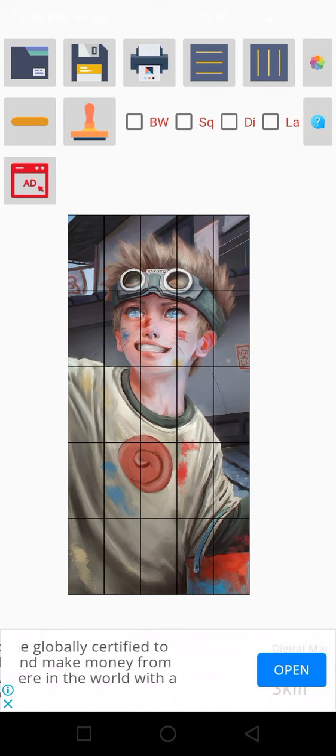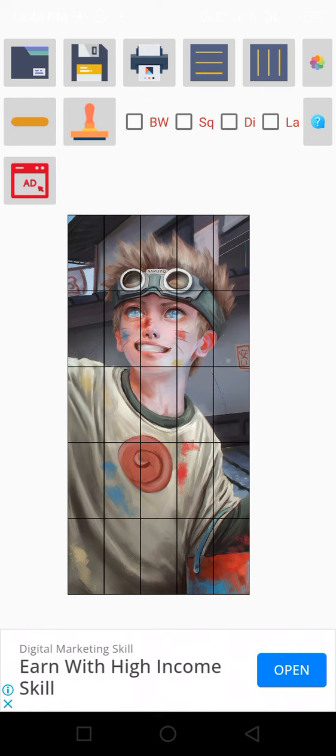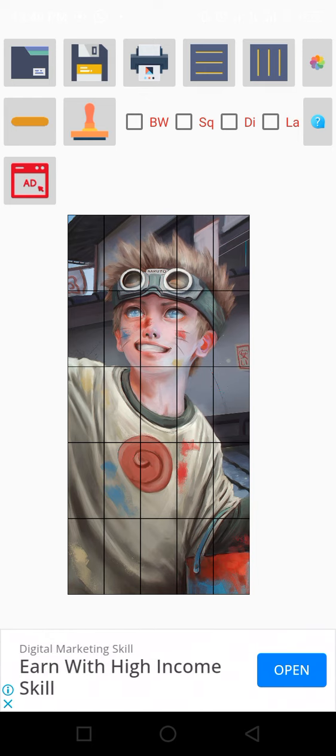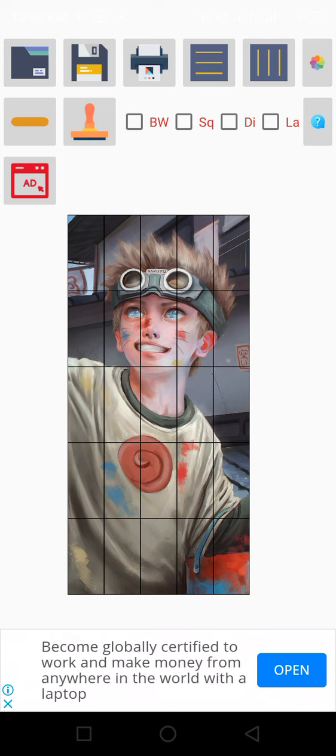So you know that most times we use standard sizes for drawings, like your 12 by 15 or 12 by 16, and your 16 by 20, 20 by 24. Those are the major standard sizes we use when drawing. So okay, now